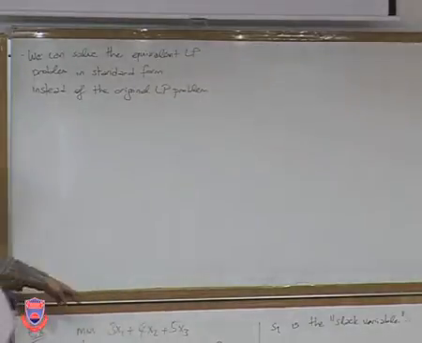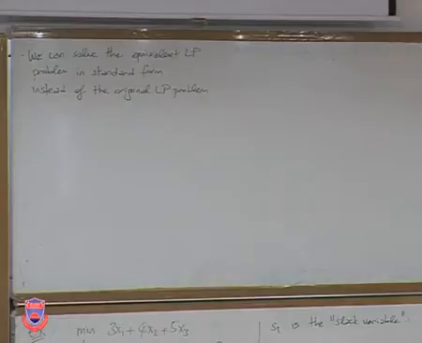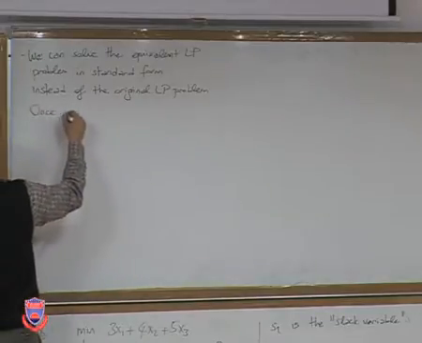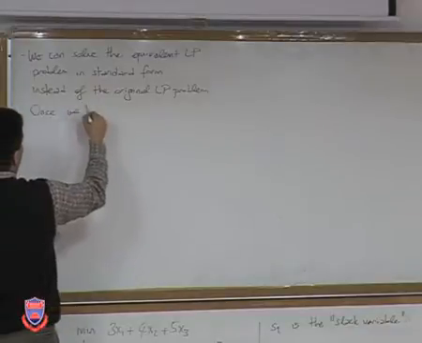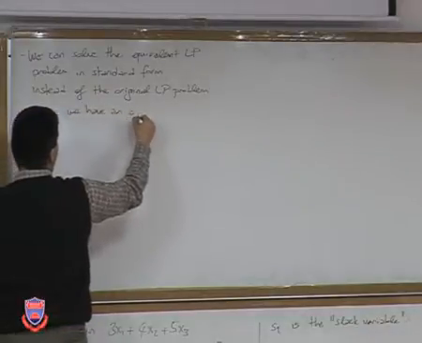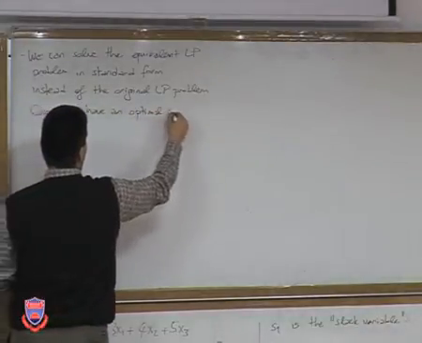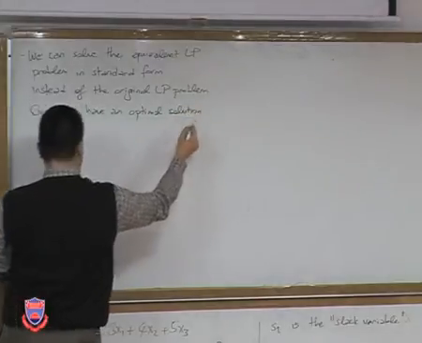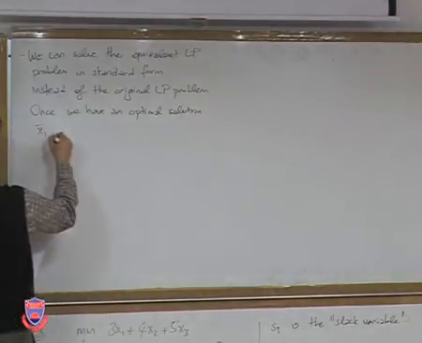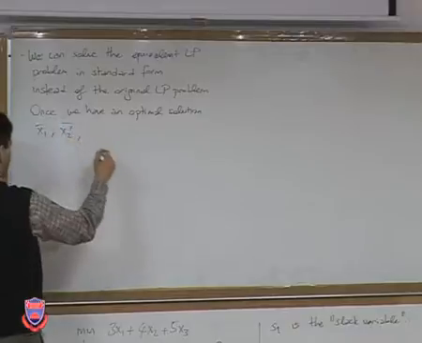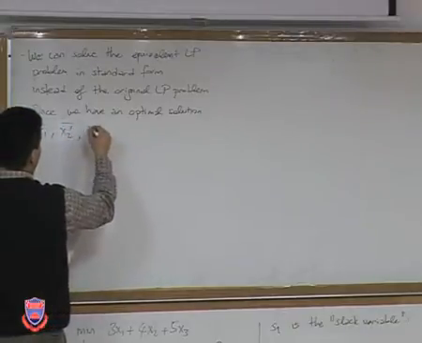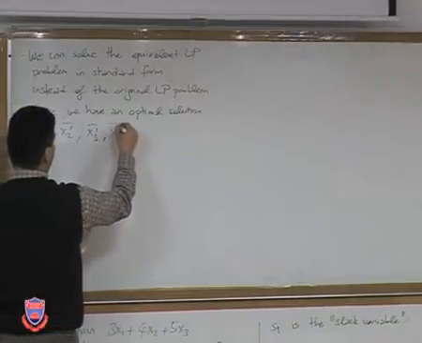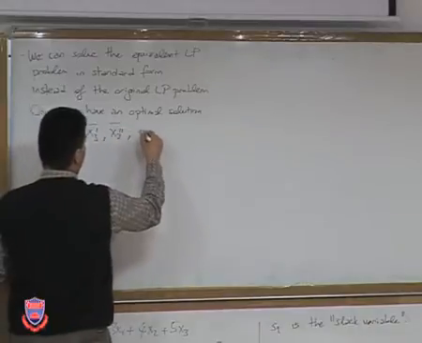So in other words, rather than solving that problem, I can solve instead this problem. And once we have an optimal solution, which I'm going to call x1 bar, x2 prime bar, x3 prime bar, x3 double prime bar, s1 bar, and e1 bar,